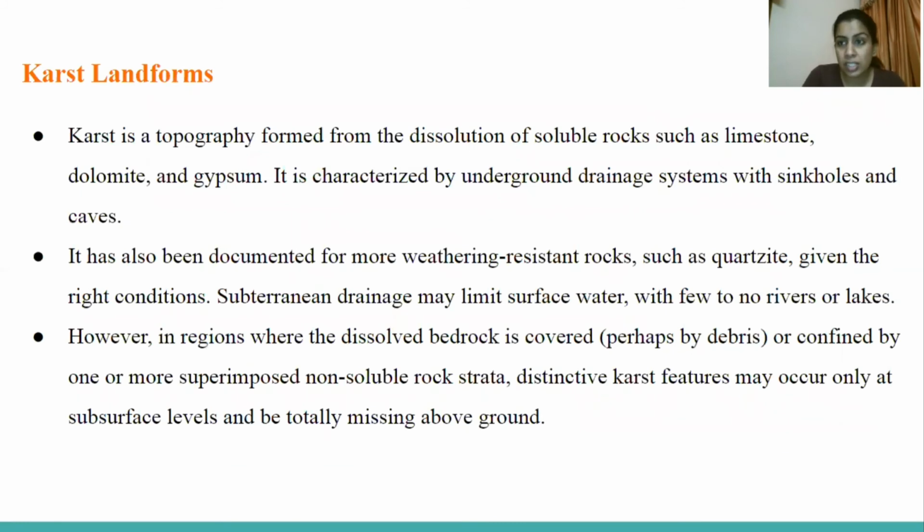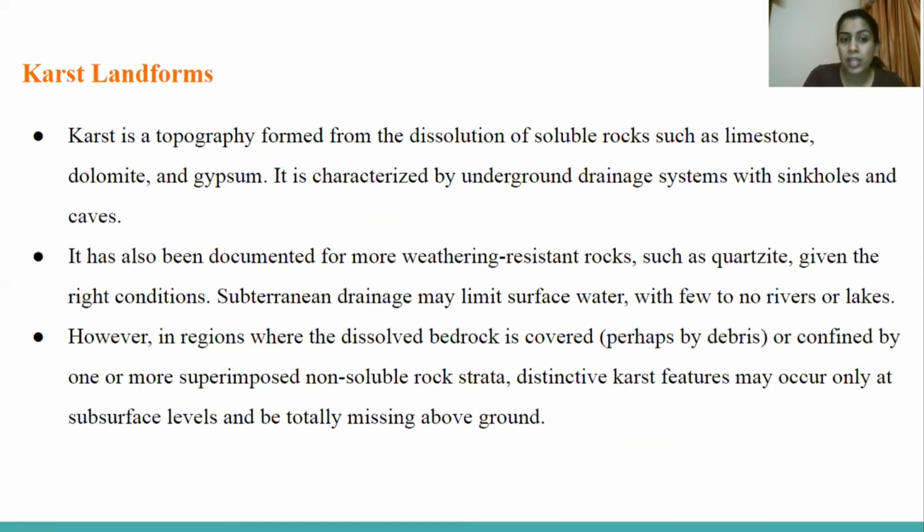The next are karst landforms. So karst is a topography formed from the dissolution of soluble rocks such as limestone, dolomite and gypsum. It is characterized by underground drainage systems with sinkholes and caves. It has also been documented for more weathering resistant rocks such as quartzite, given the right